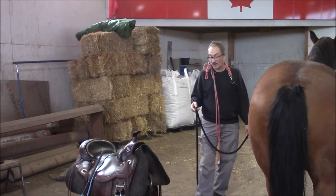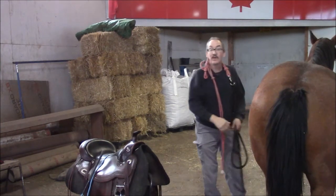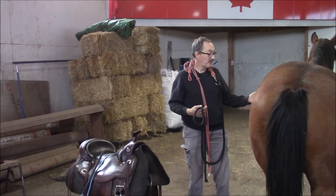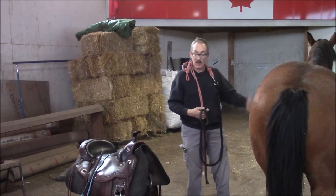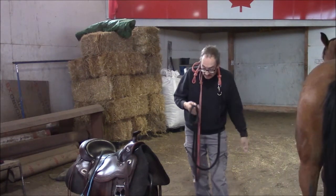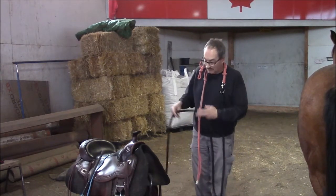I spun it. She thought I wanted her to come closer to me. What a nice girl. What a nice girl. See how effective that is? I've taught her to come closer to me when I spin this thing. And so now, if I spin it, she thinks she's supposed to get closer to me. That's why she's standing right there. Goodness sakes. And I'm trying to do a demonstration and spin this thing around and show you how it works, and I got a horse in the way now, because it works. Goodness sakes alive. So anyhow,